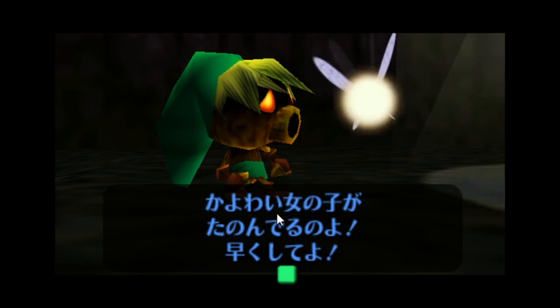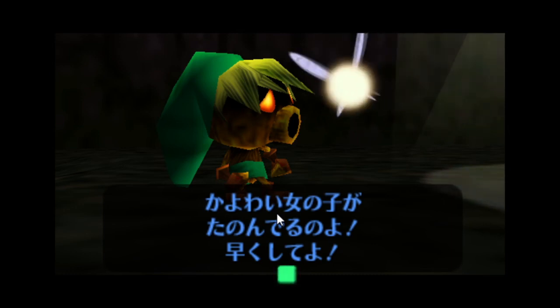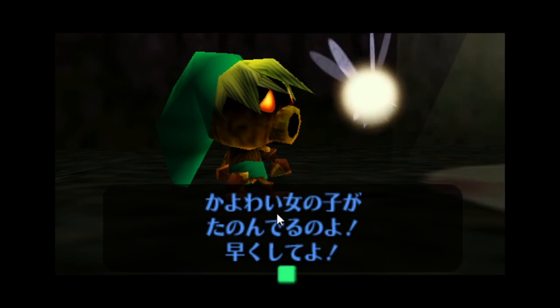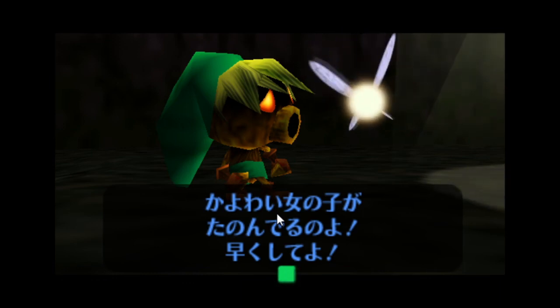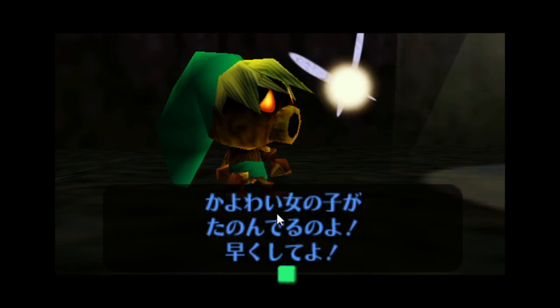I think it might be a kind of combination of kawaii, meaning a sweet, lovely little girl, and yowai, meaning weak. I think it's a bit of a combination, like a sweet little, poor little, weak little girl. I seem to be wrong, though, according to my dictionary. Kayowai just means frail or feeble. So it's not a combination of those words, but it does kind of mean a poor little helpless